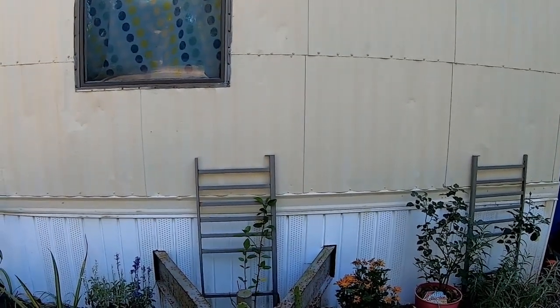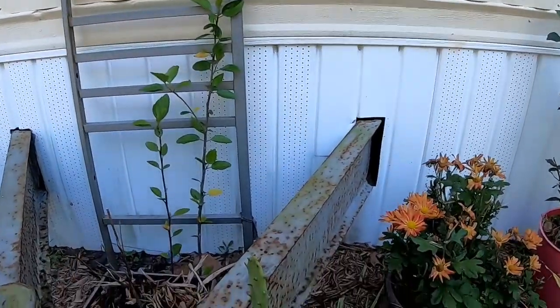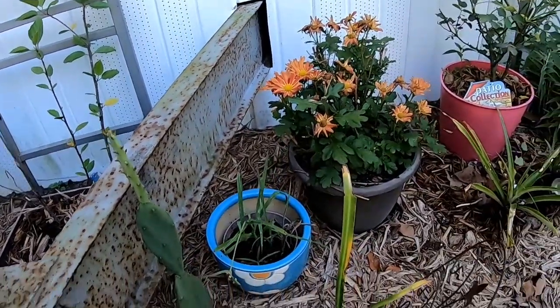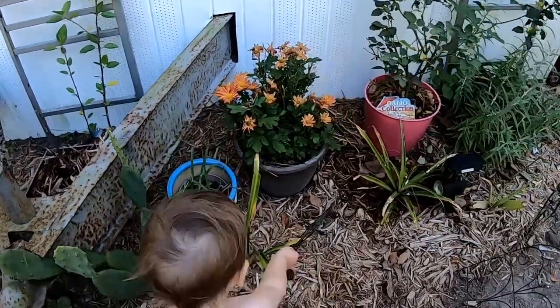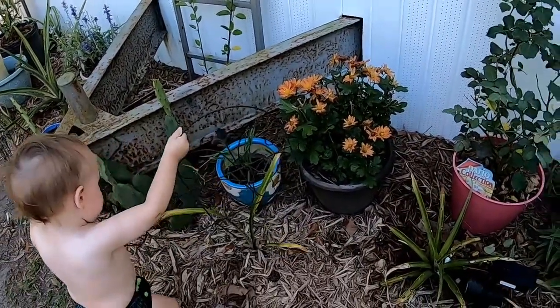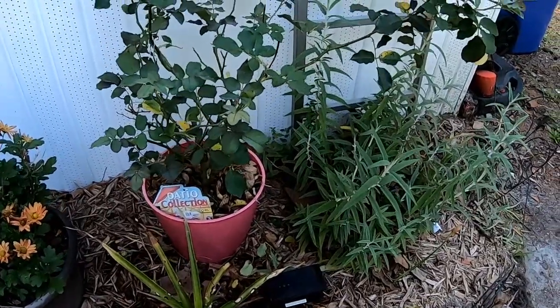Sorry, Vicky is tearing it up. Vicky. Stop, he's taking the fence off. Oh, Vicky, leave the fence alone. Alright, so I'll have to fix that later. He's taking my fence off. But at least he's not touching the cactus yet. He's very close. Vicky, come on. Okay, so